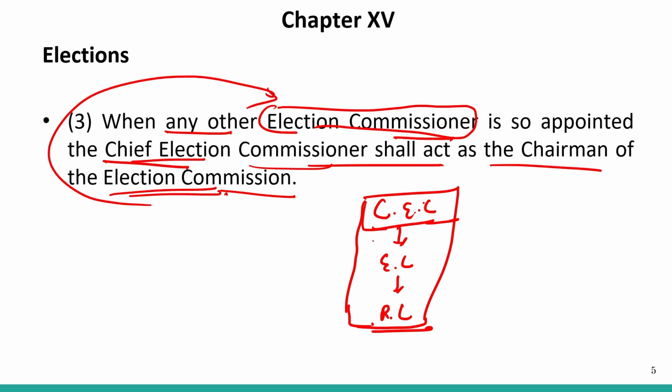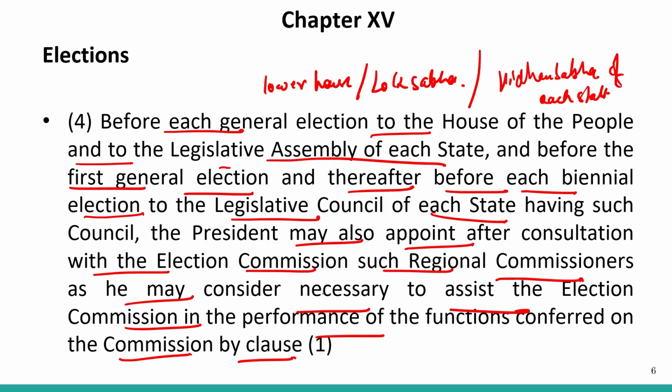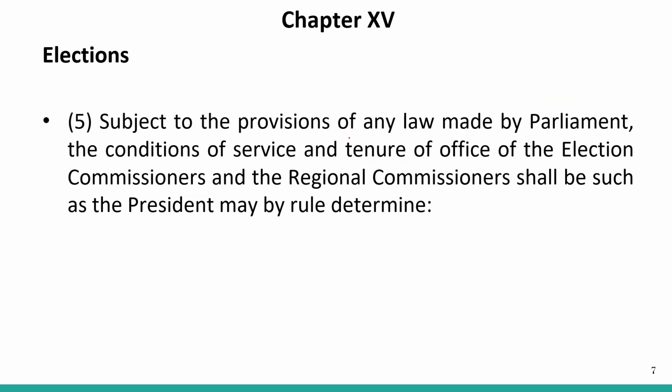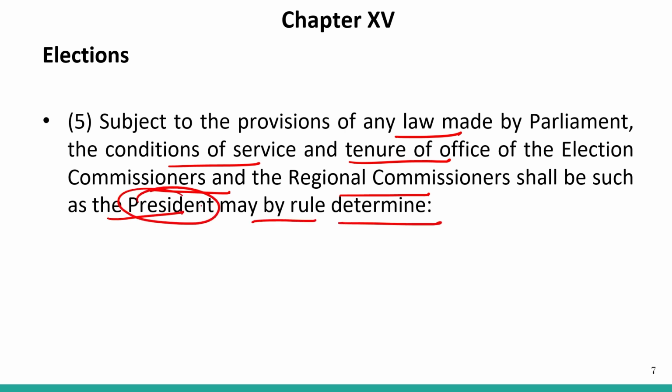The chief election commissioner obviously will be the head, then there will be election commissioners, and then there will be regional commissioners. Subject to the provisions of any law made by the parliament, the conditions of service and the tenure of the election commissioners and the regional commissioner shall be such as the president may by rule determine. So it shall be the president who will determine what will be the tenure and the conditions of service